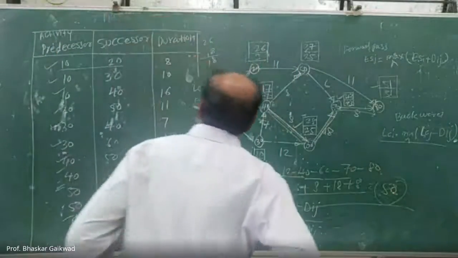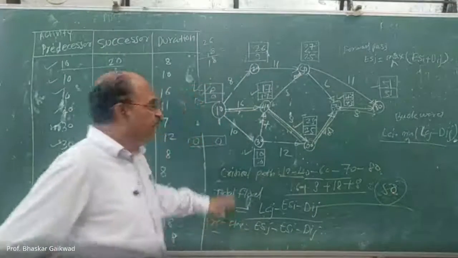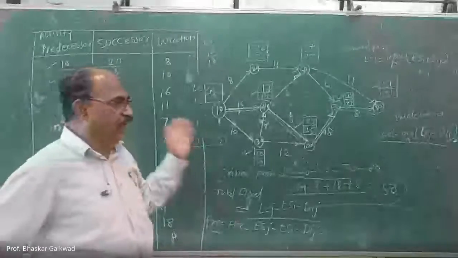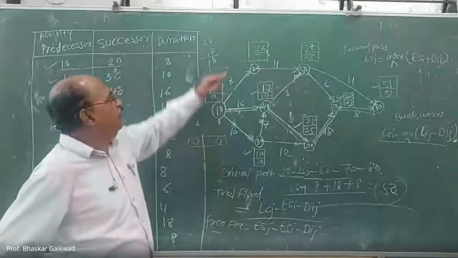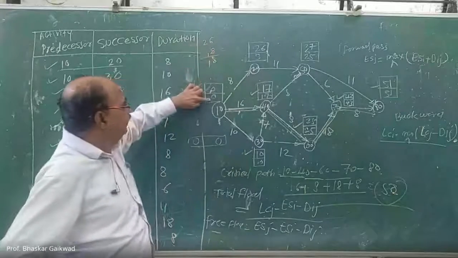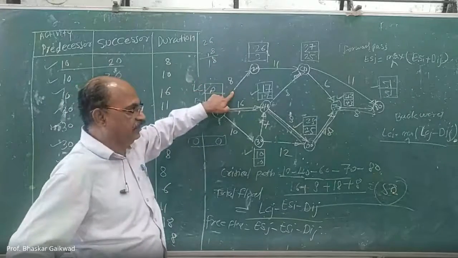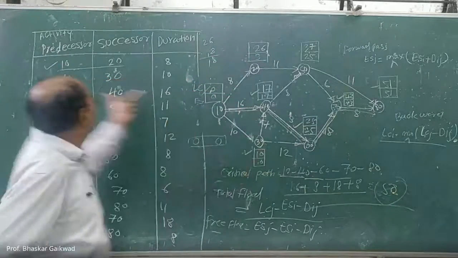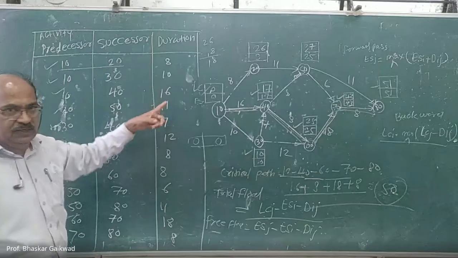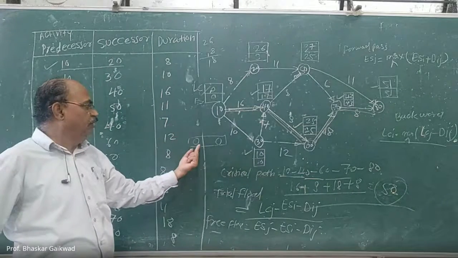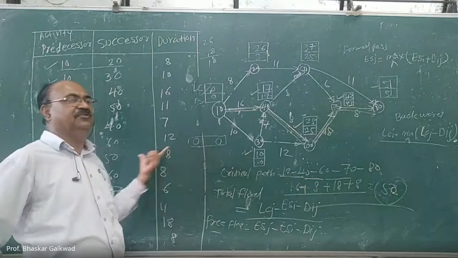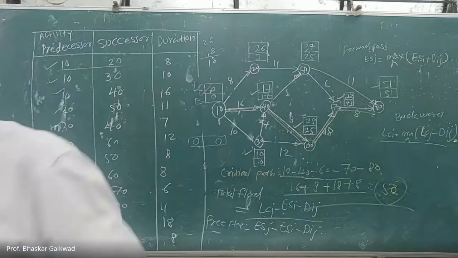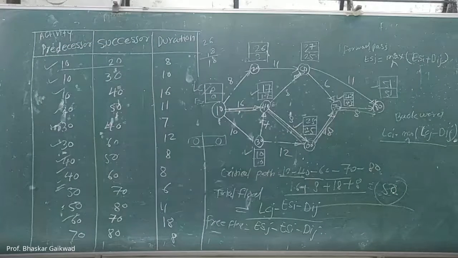Any doubt is there? This total float and free float, you have to calculate. Last time we have taken this example, and that is very easy. Total float, how to calculate? This minus duration. And free float, lower minus duration. Each activity you have to calculate. Correct? And whenever total float and free float are zero, that activity is critical. This much only you have to remember.